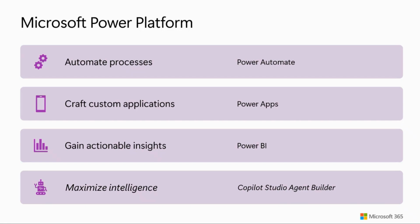We can also craft custom applications, like online digital forms that are mobile friendly, because they can be what we call responsive in their presentation, depending on what the end user is using on the other side. The way we structure those is using the tool known as Power Apps. To then help